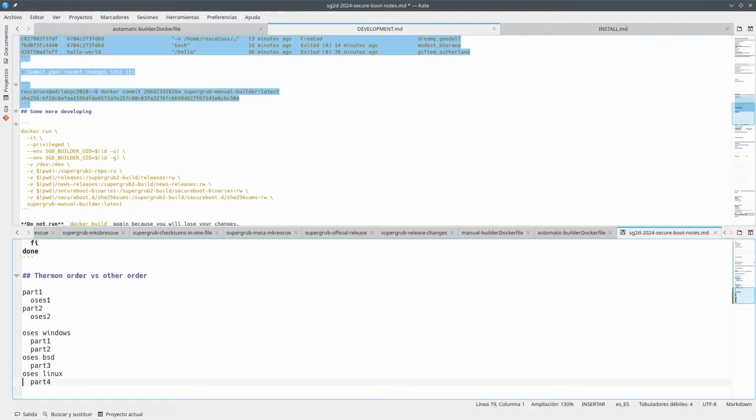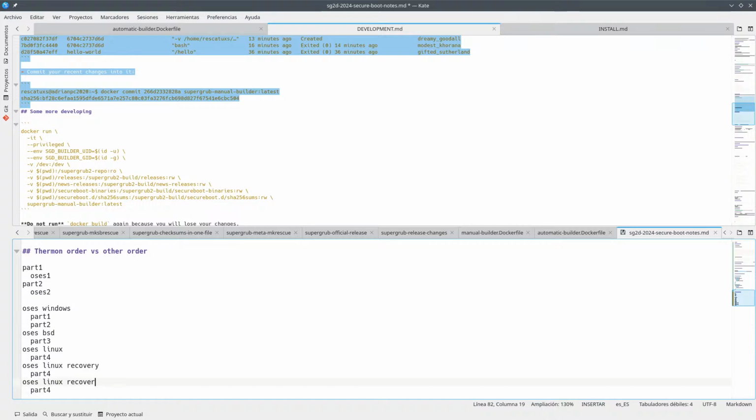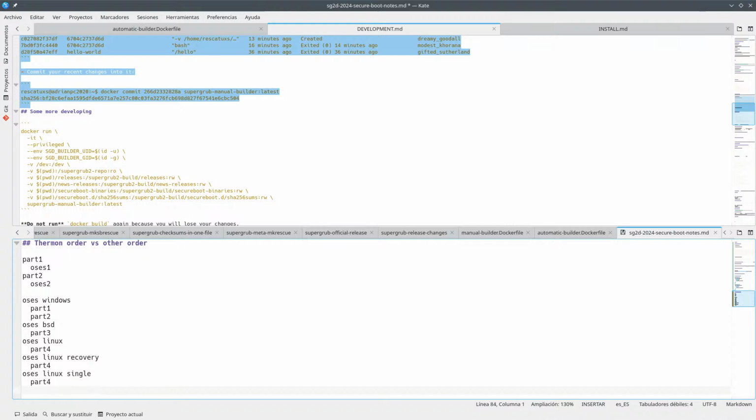And I can also do a Linux recovery thing and Linux single thing, so that you don't have to see each time all of this stuff. You know what I mean? And so I'm sure